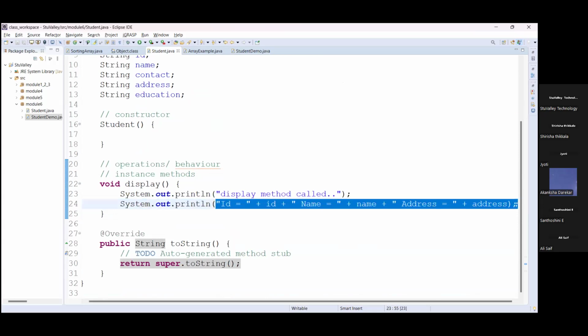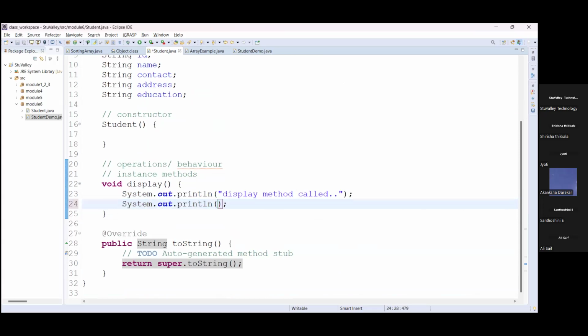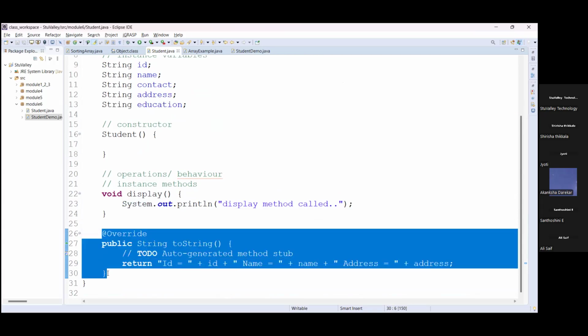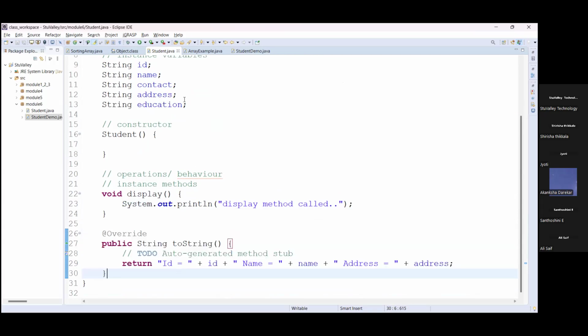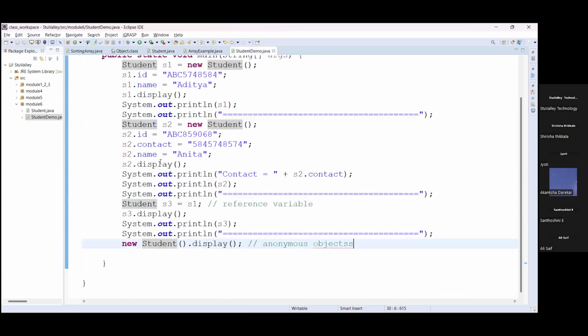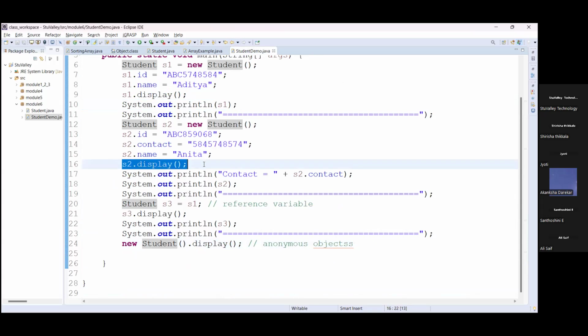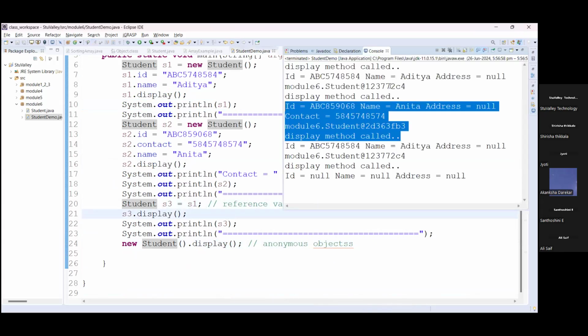जो यहाँ पे हमने लिखा है वही मैं डिलीट करके यहाँ पे ऐड करती हूँ return string. ठीक है, so what will happen, it will give you the string representation of the object. सो अभी जो हमने यहाँ पे system.out.println में s1, s2, s3 लिखे थे and we were getting IDs of those